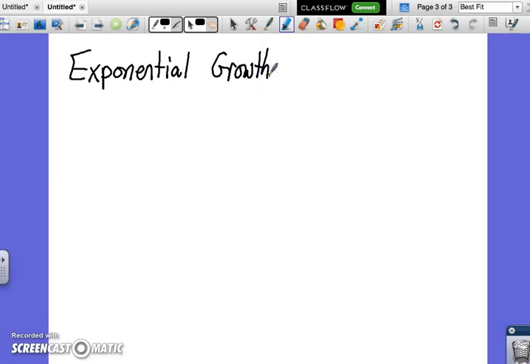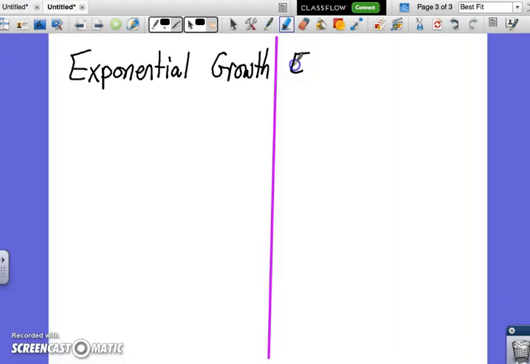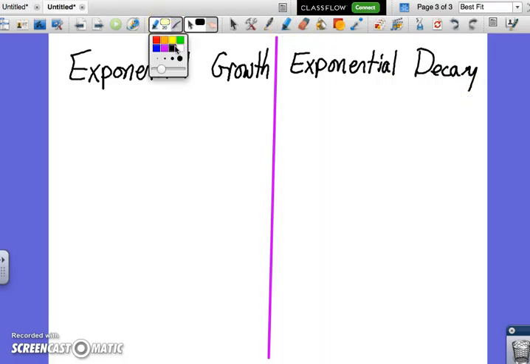And we need a dividing line between us. And we have exponential decay. If we look at these two root words, growth and decay, what do those words mean? Well, growth means it's going up. It means it's increasing. So an exponential growth equation is going to be anything that's written as y equals a